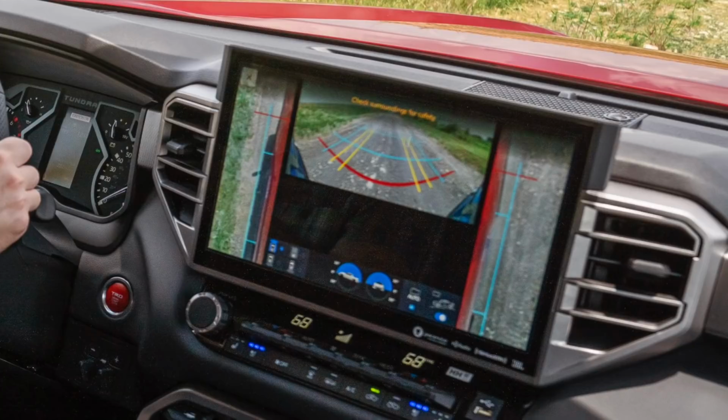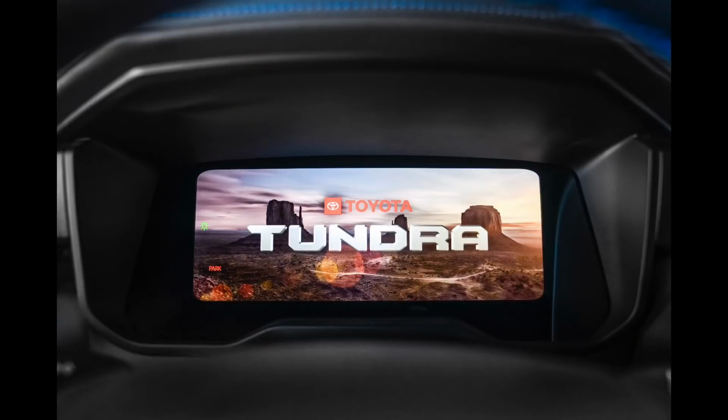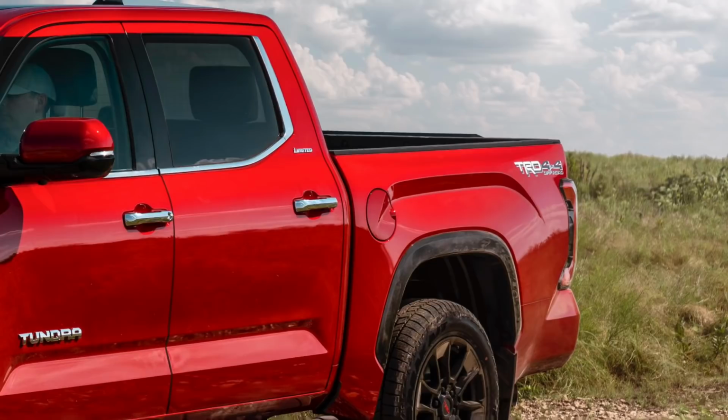And normally, we like to see things standard on these trucks, but I definitely agree with the fact that a lot of this stuff is optional, because if you don't want this kind of stuff, you don't have to get it. We always say the Tundra is a less is more truck. Some people want a little bit of luxury, but not too much. This may be the answer to that right there. You can also get the 12.3-inch digital gauge cluster in the Limited. That's optional. That only comes if you get the hybrid engine. Keep that in mind. 12.3 digital gauge cluster, only with the hybrid engine. And the 32.2 gallon tank, which is the big tank on the Tundra in the next generation, is standard in Limited